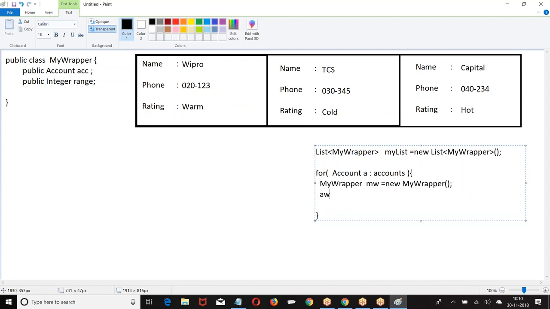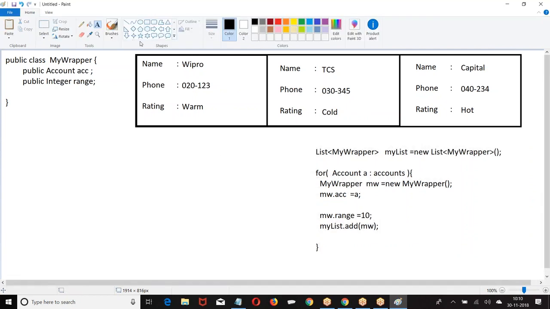Then what are the variables we have? ACC, now MW.ACC equal to A. Whatever A is referring to, assign that A. Range equal to 10. Then I'm saying my list dot add MW.